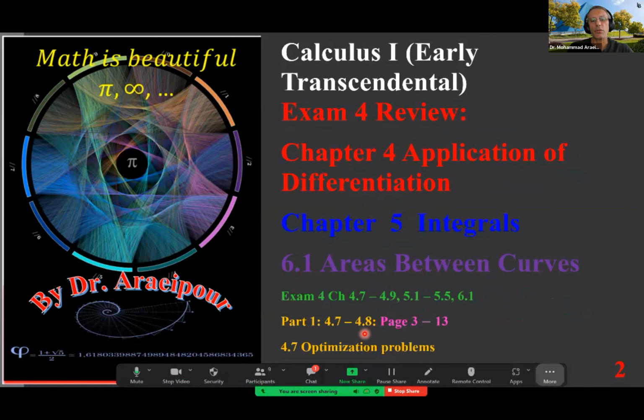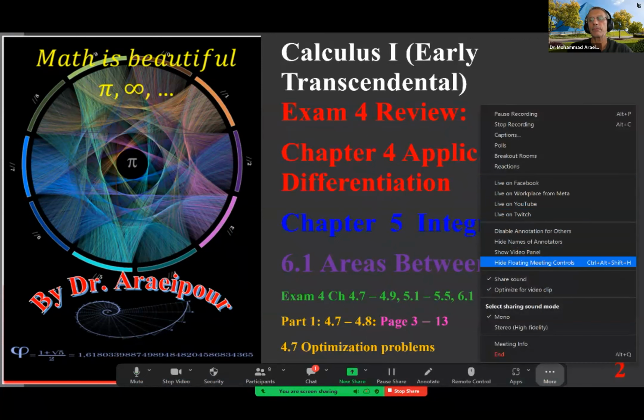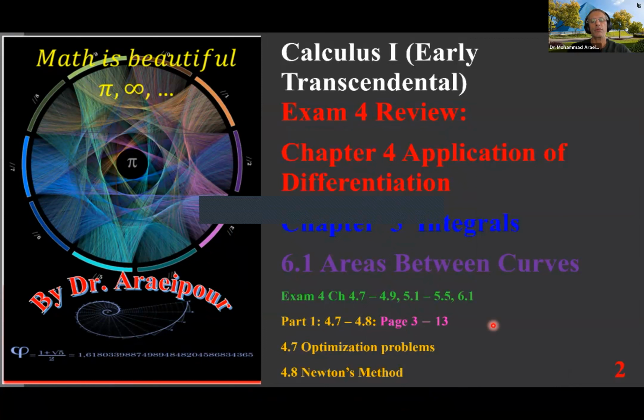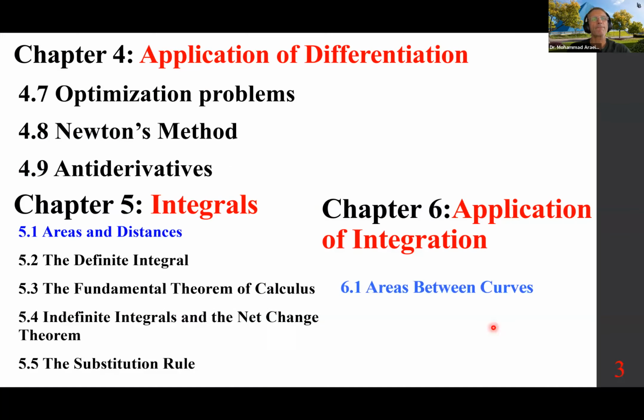Here's the first part, 4.7 through 4.8. 4.7, optimization problems. 4.8, Newton's method. So these are the sections we are covering, as it was mentioned, from 4.7 to 4.9, 5.1 to 5.5, and 6.1. So for now, the first part,